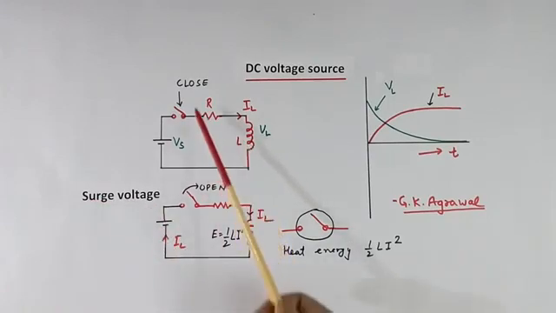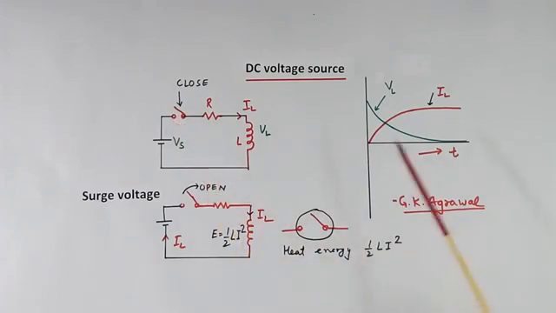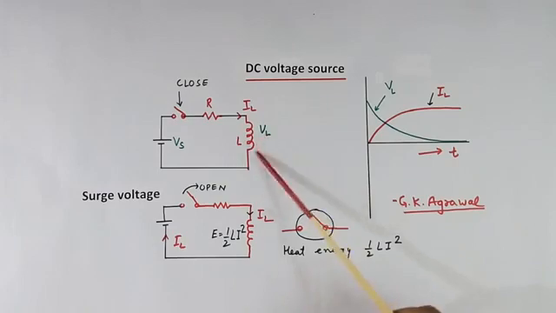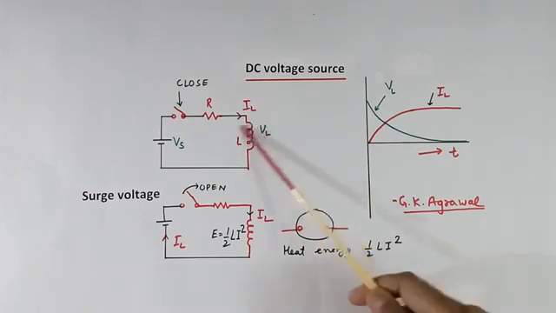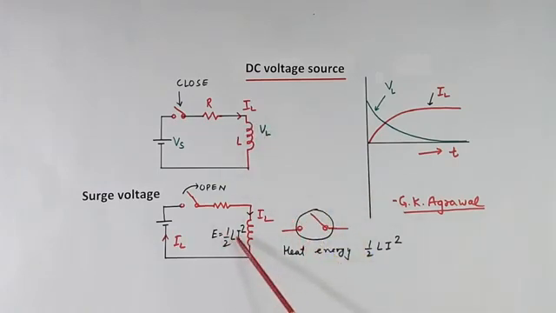Here we saw that when the switch is closed, after some time some current flows. So this inductor will store some energy. That energy is equal to half L i square. So there is energy here. Now suppose you want to open the switch again, then current cannot become 0 suddenly because there is energy. This energy has to go somewhere. So what happens? When we open the switch, current will continue to flow through this open switch which has very